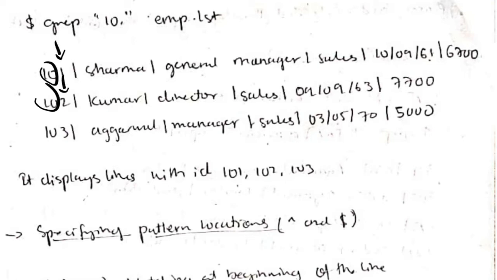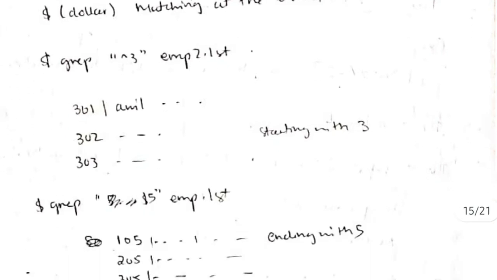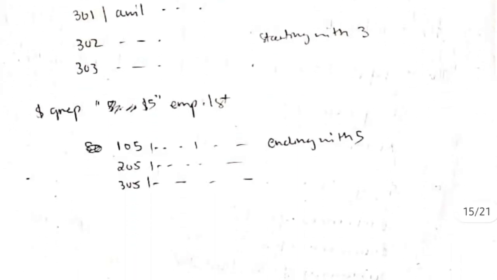101, 102, 103. And for specifying the pattern locations, we can use the negation operator and the dollar sign for matching at the beginning of the line or the end of the line. For example, if I write negation 3, negation here means the start, so all files that start with 3 will be displayed, and the dollar sign means ending with that character. If I write $5, it will display all those files which end with 5, which is 101, 105, 205